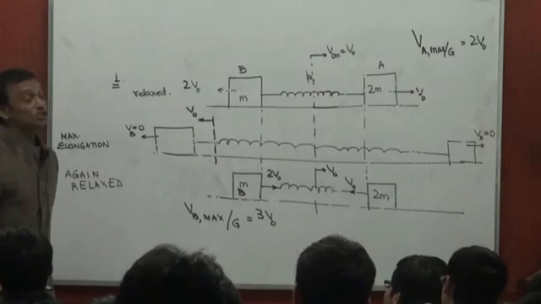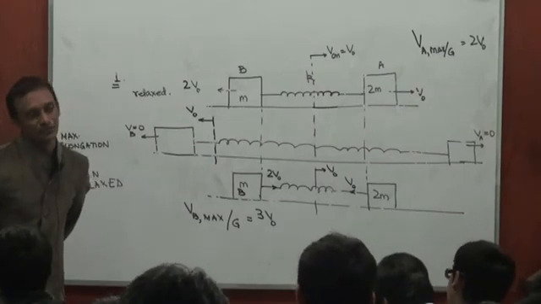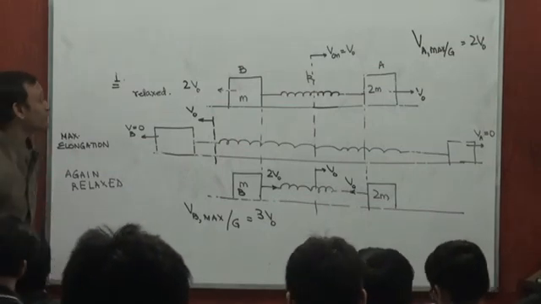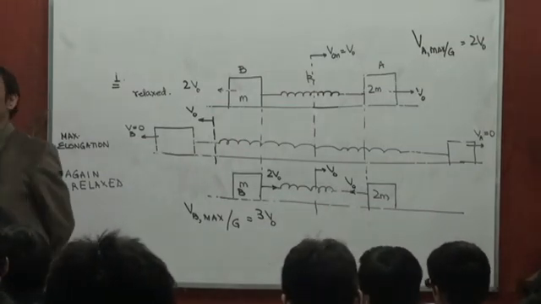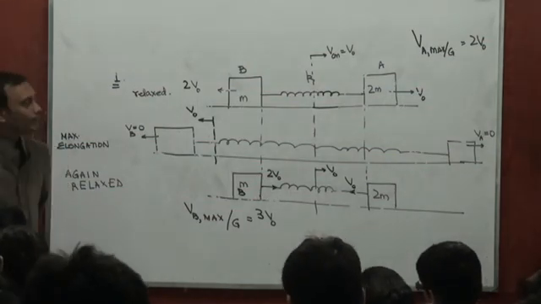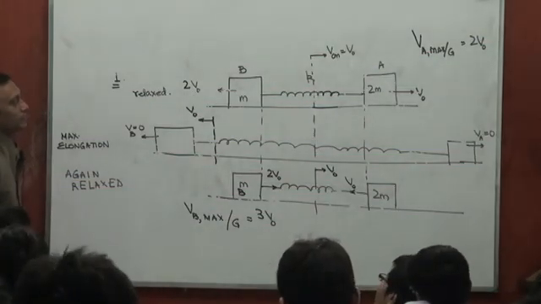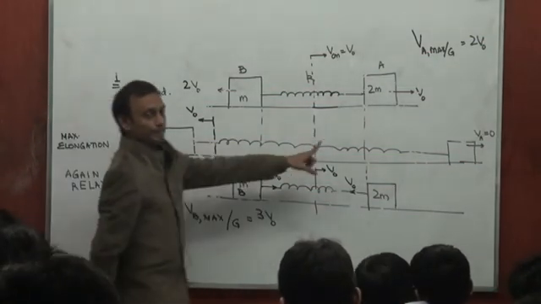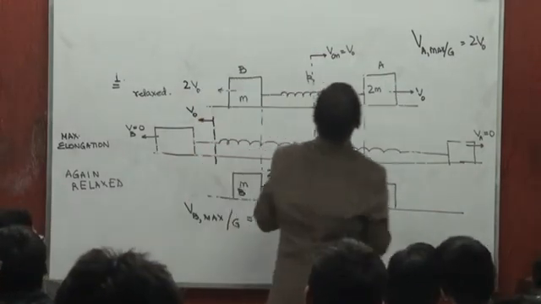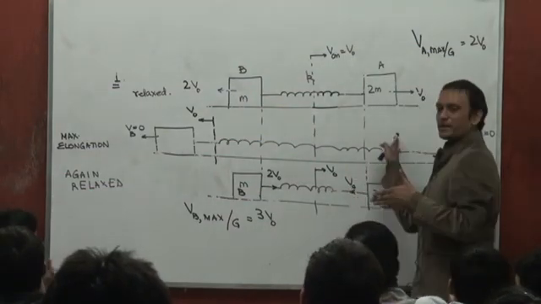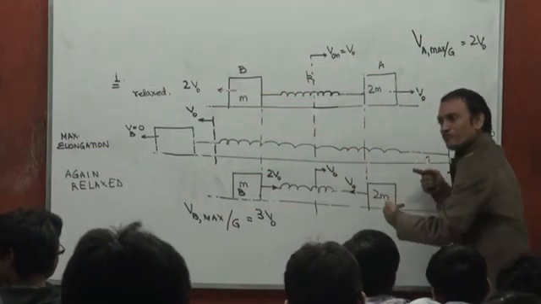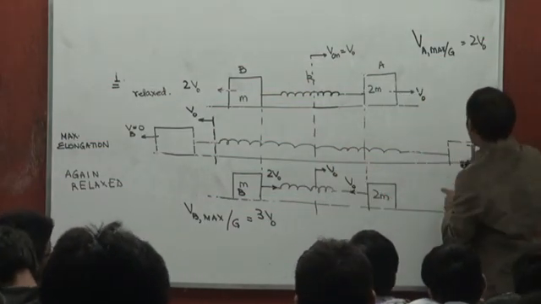So the minimum velocity of B is 0 in magnitude. You can't have a magnitude less than 0. I do realize that the minimum magnitude of B in the ground frame is 0. Again, for 2m, the minimum would occur again at a time when this is coming back. When this is coming back, that's when it will have a velocity opposite to the velocity of the center of mass, right? Now, in its journey from here to here,